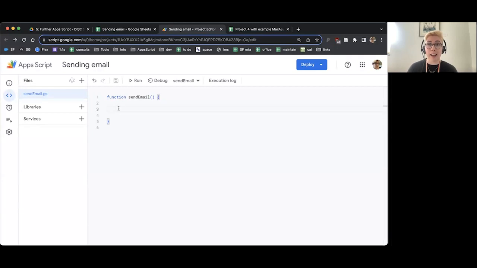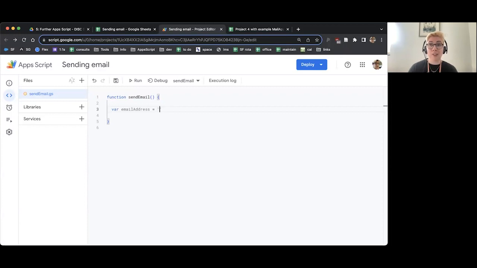But to use the Mail app and the send email function within it, we need to give it some information. The things that you need for an email: a recipient, a subject, and a body. And we're going to store them in variables. So let's start inside our code by writing var, and then we're going to create a variable called emailAddress with a capital A for address. Then we're going to do a space equals, and we're going to put in an email address inside some quotes.